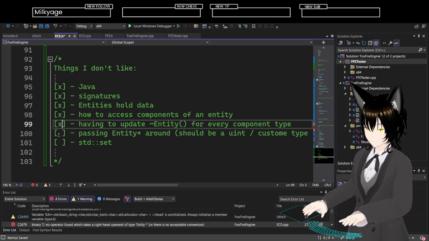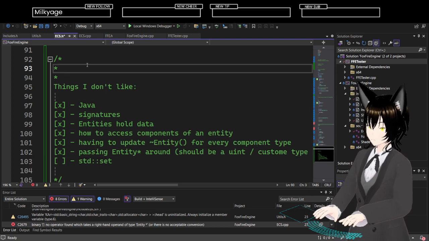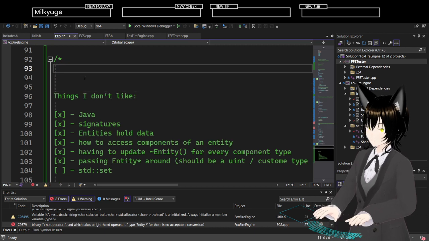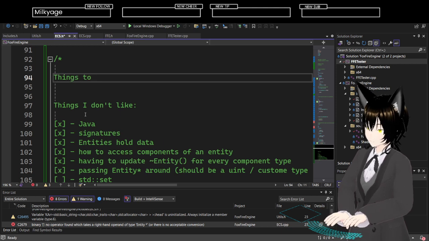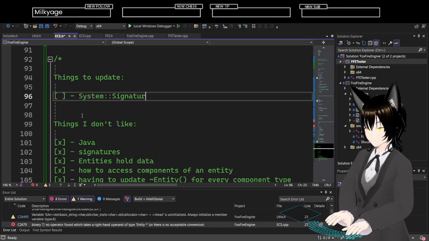I can also remove that. And then I should also do things to update. We still need to fix the system signature changed.